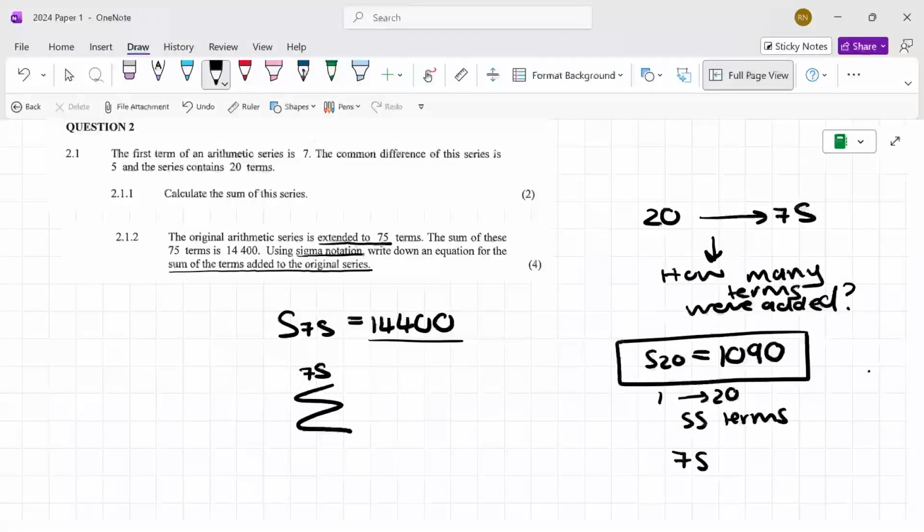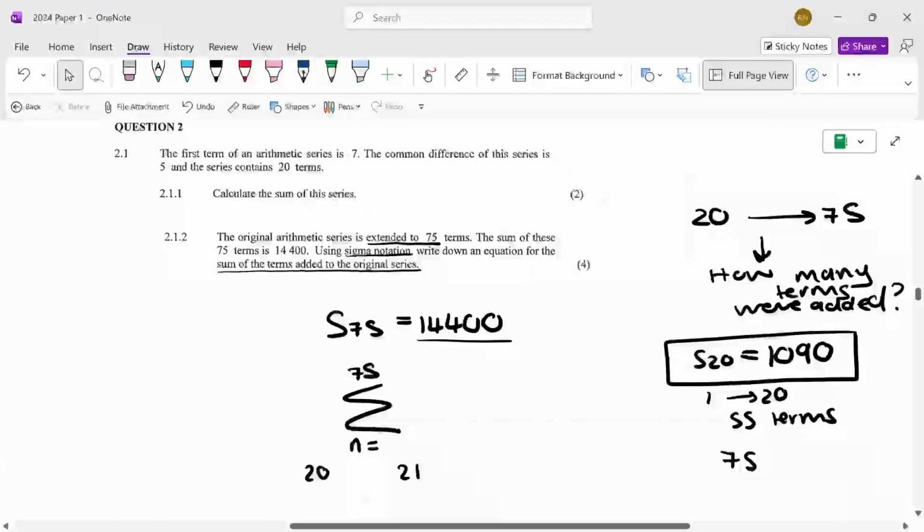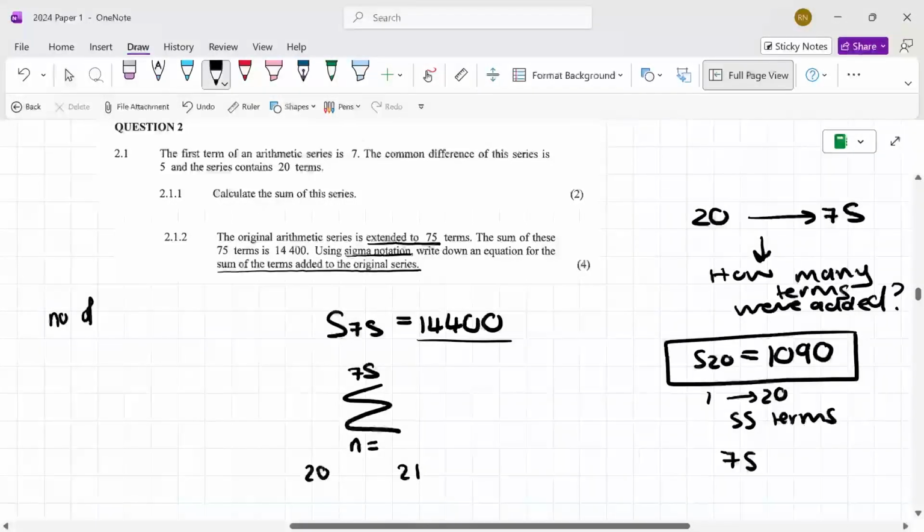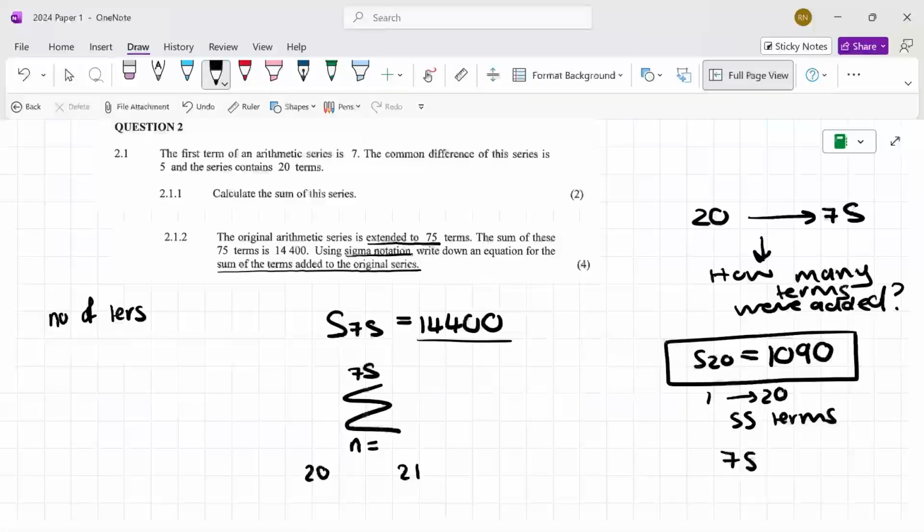We are not starting at n equals 1, because we just want to show the terms that were added to this 20. So we're not going to start at 1. And I want to ask you guys, do we start at 20 or do we start at 21? We know that there's an equation that says the number of terms when we're writing in sigma notation is equal to the top number minus the bottom number